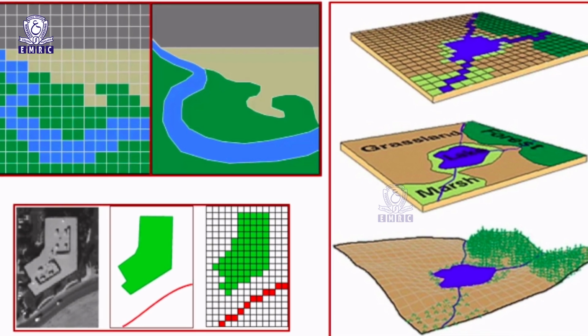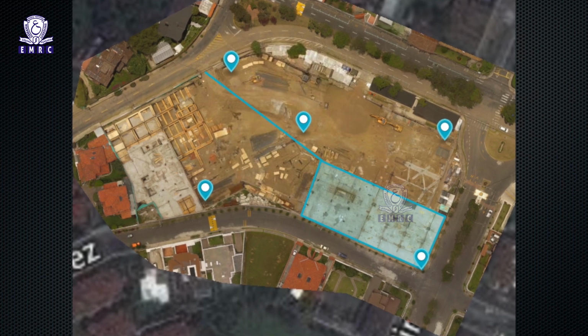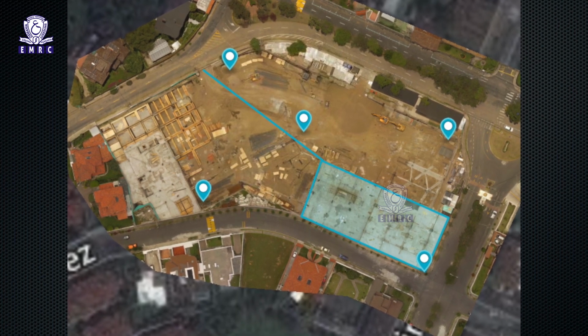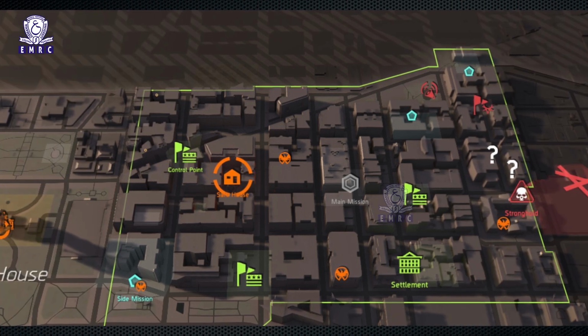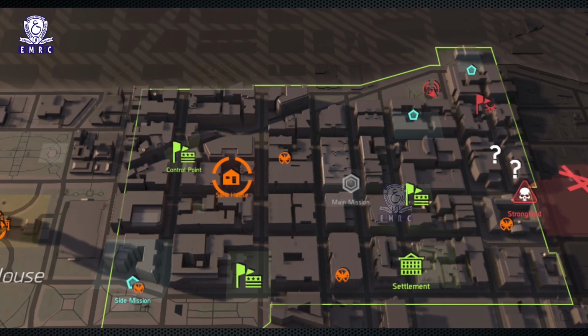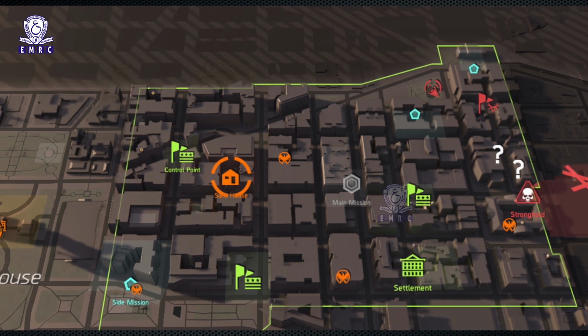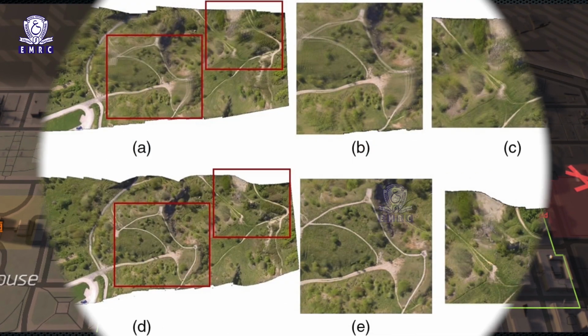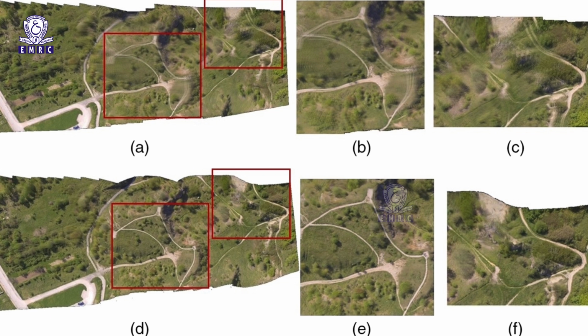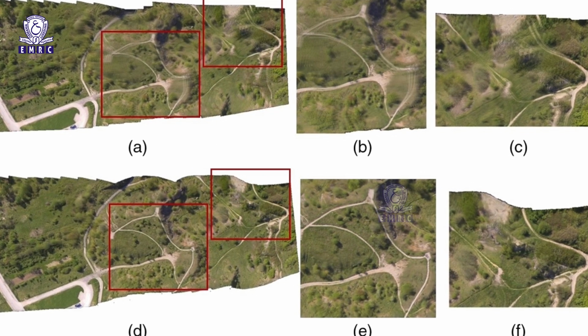In geometric transformation, a set of control points is used to establish a mathematical model that relates the map coordinates of one system to another, or image coordinates to map coordinates. This process is somewhat uncertain due to the use of control points. In the case of image to map transformation, the control points are selected directly from the original image. This makes it uncertain, and misplacement of the control points can make the